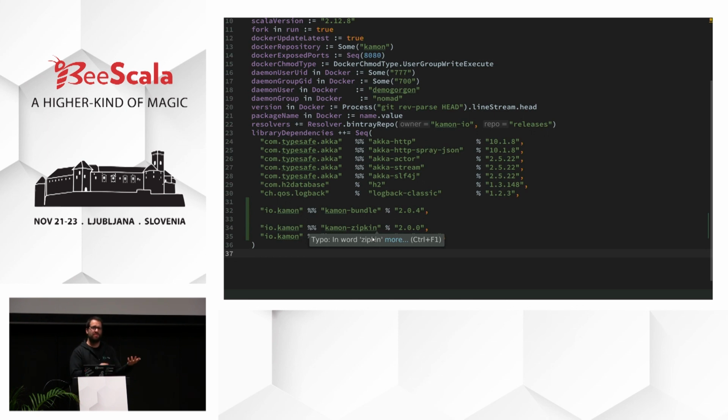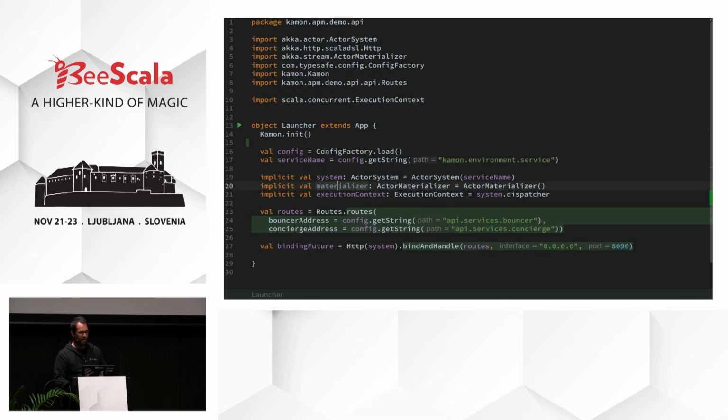Most of the time, people think of monitoring after the fact, after they already have an application, and they're like, man, we just crashed the app last night, and we didn't know what happened, so we need some instrumentation right now, so that if it happens tomorrow, we will know what happened. So you add these 3 dependencies, and then when your application is about to start, you call this kamon.init. It's important that you do it as the very first thing in your app, because if some classes were loaded after you call kamon.init, they will not get instrumented.